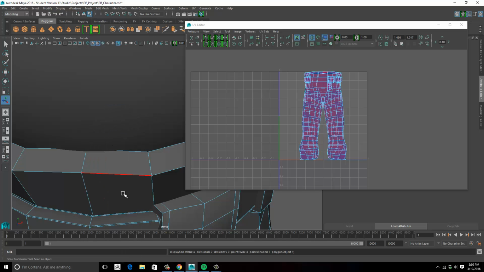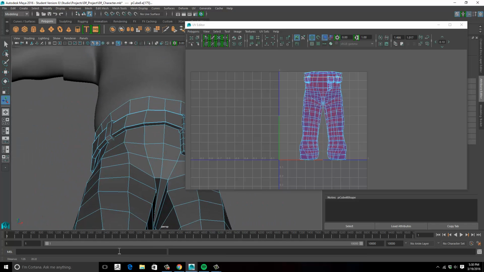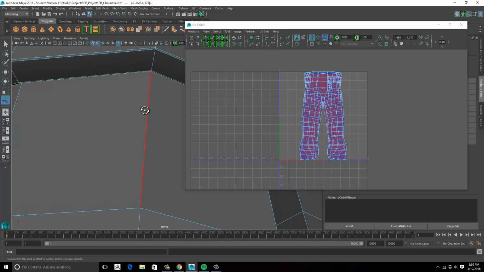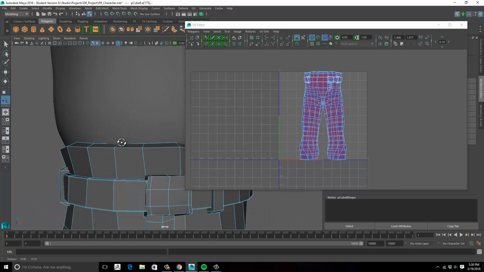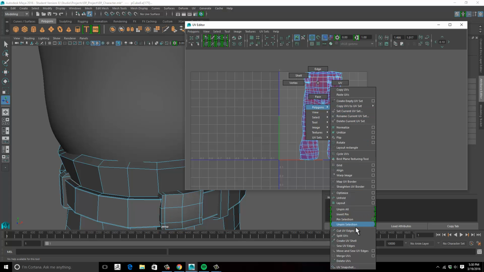Go to edge mode and select that internal edge loop deep down in there, and then also select the one by shift double clicking. So now I have both of those edge loops selected, and then I'll go to polygons, right click polygons, cut UV edges,